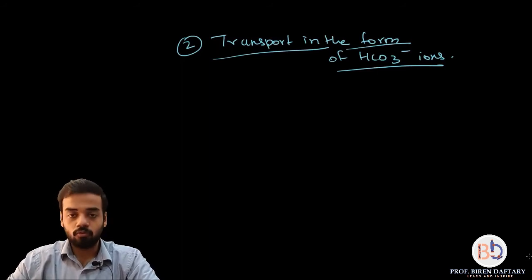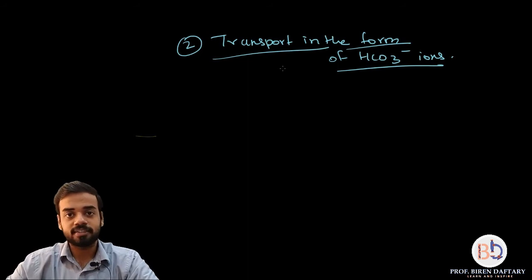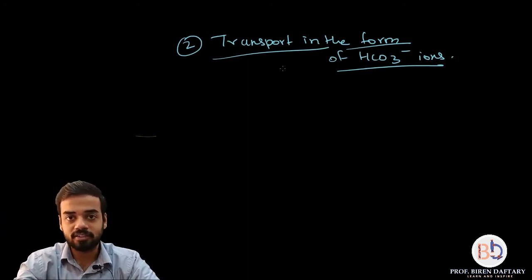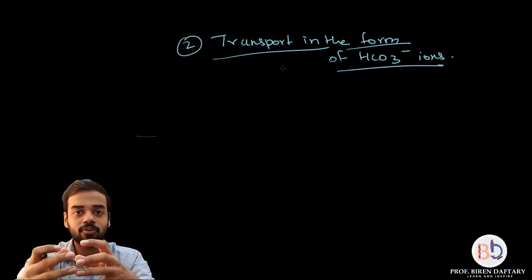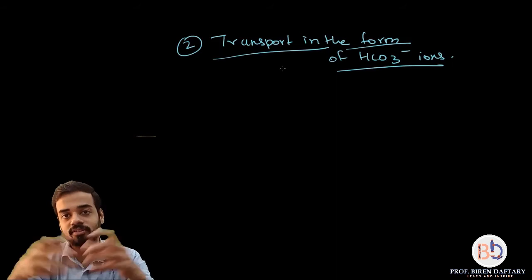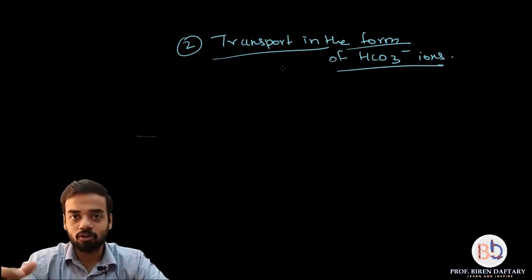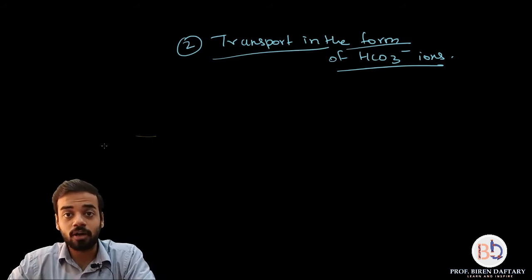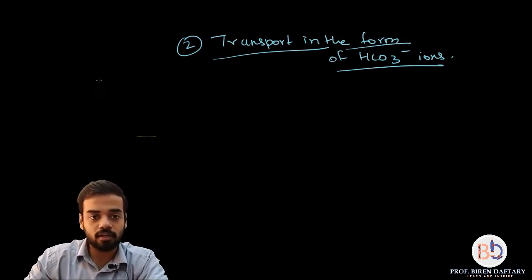Now you have already seen that 7% of carbon dioxide gets dissolved in the plasma, and carbonic acid is formed, the ions are formed, and then when that blood reaches the lungs, again the ions combine to form carbonic acid, and carbonic acid gets converted into carbon dioxide and water, and it diffuses from the pulmonary capillary to the alveolar air. Now in this method, the same thing is going to happen, but it is going to occur inside the RBC. So now I'm going to draw a diagram over here.